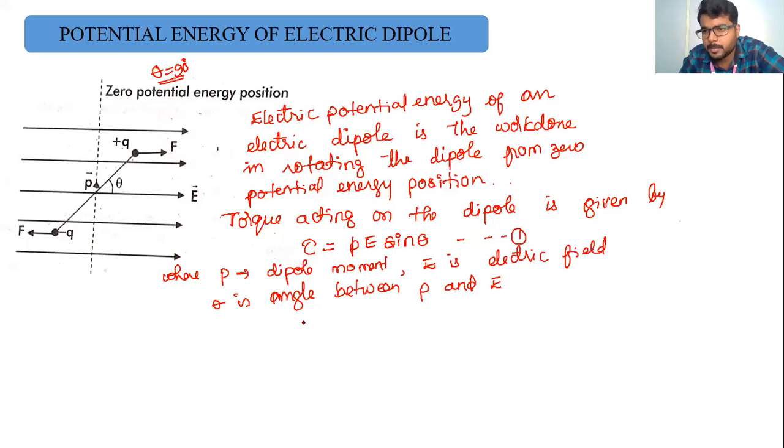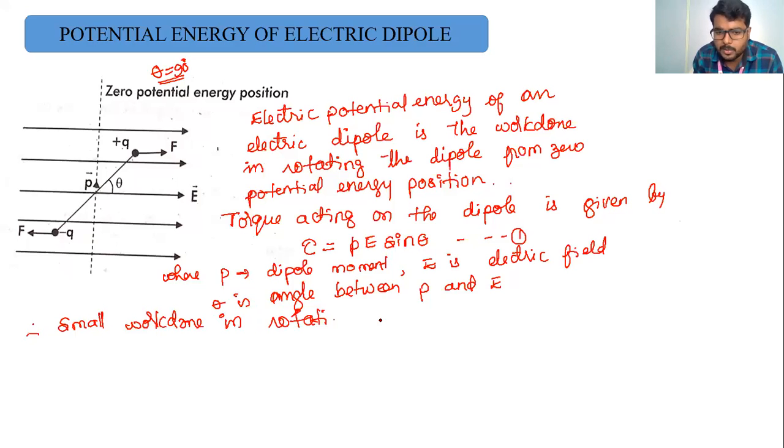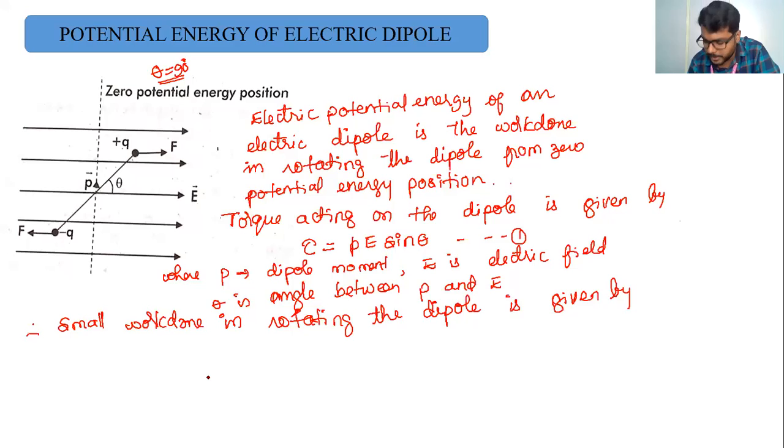ಸರಿನಾ, ಈ ಟಾರ್ಕ್ ಏನ್ ಮಾಡುತ್ತೆ, it will rotate this dipole. ಸೊ rotate ಮಾಡಬೇಕು ಅಂತ ಹೇಳಿದ್ರೆ certain angle theta ದಲ್ಲಿ rotate ಮಾಡ್ತಿದೆ ಅಂದ್ರೆ that must be the work done, so that work done we have to write here. Okay, therefore small work done in rotating, ಇಲ್ಲಿ ನಾವು rotate ಮಾಡ್ತಾ ಇದೀವಿ, small work done in rotating the dipole is given by, sarina, therefore the small work done in rotating the dipole is given by, so dW is